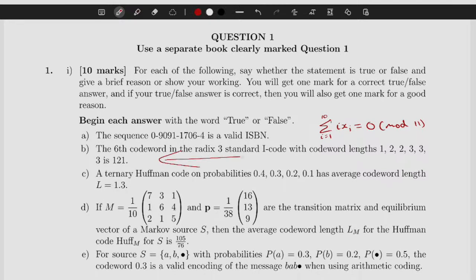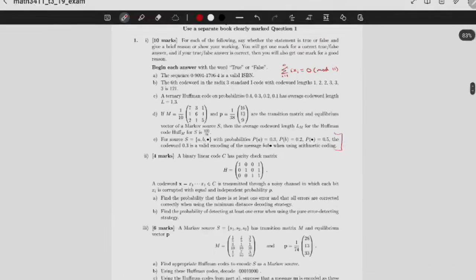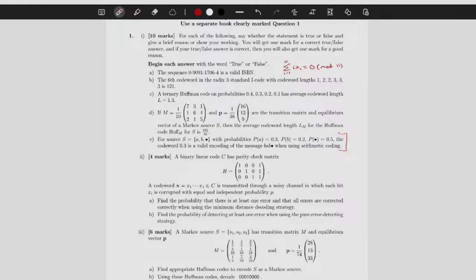Send I code, that is from our chapter 2 or 3. Huffman code, where we can just prove that. Markov, which is chapter 3. And then arithmetic coding, which is also chapter 3. Right? Very, very similar and basic concepts that come through here. But a lot of these questions we kind of did within the seminar, so I'm not going to repeat and go through it again.